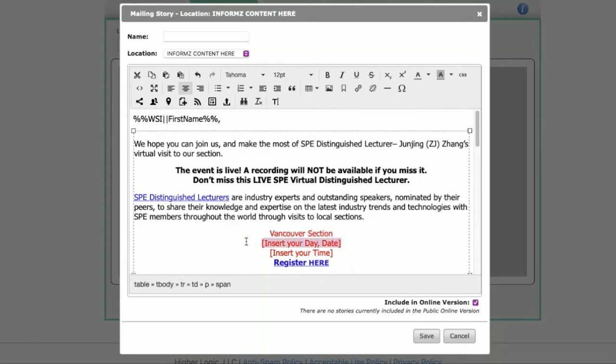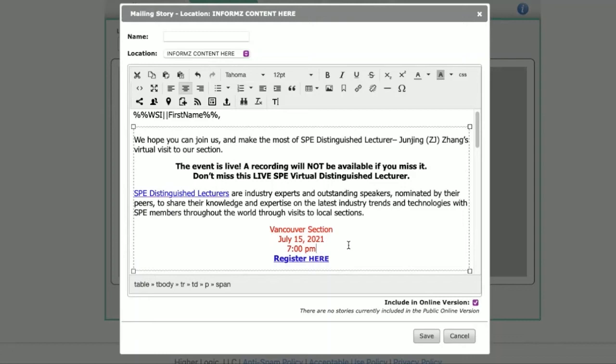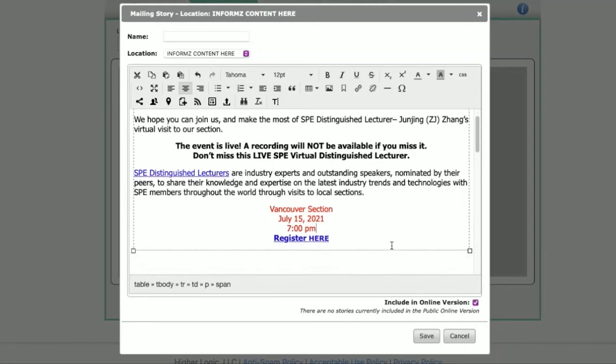With virtual DLs, there is not much to update with using these templates, so I'll just quickly type in the information. I'm completing these tutorials in April of 2021, so all of the templates are geared towards virtual DL presentations. But as we move into the future, we hope to be back to in-person DLs as soon as possible, so those templates will include placeholders for a location, venue, and another placeholder for inputting your own information on how a